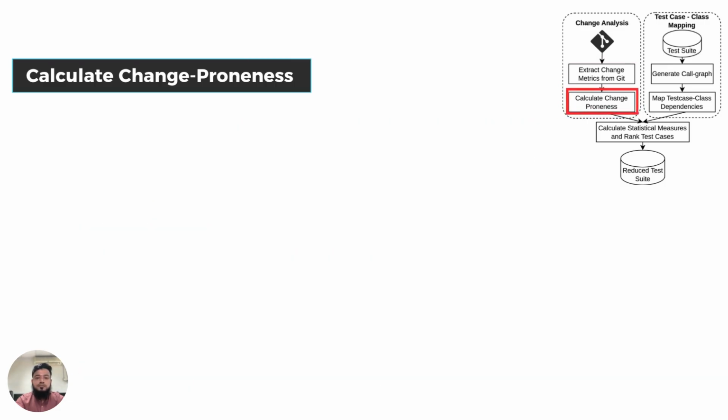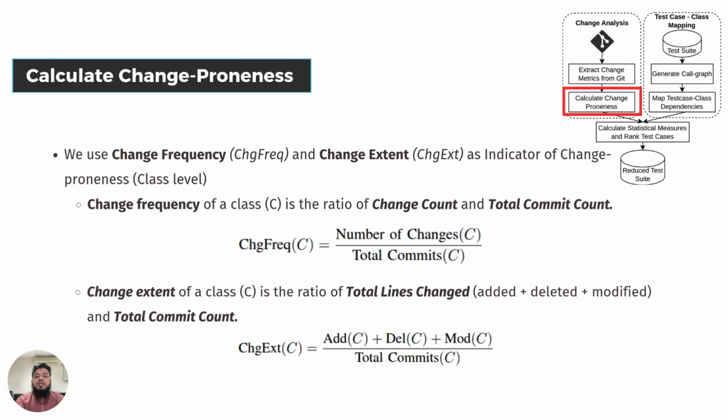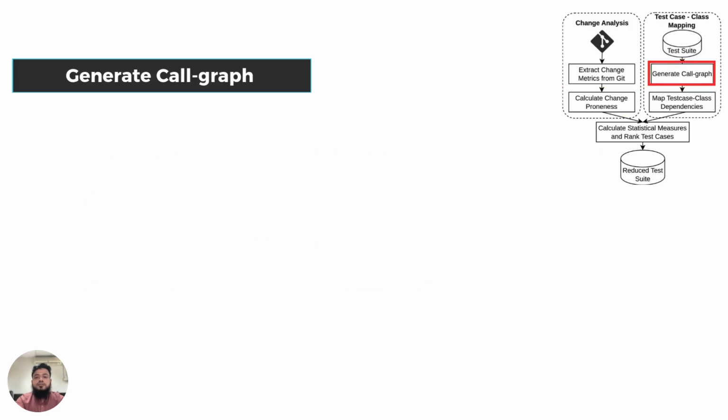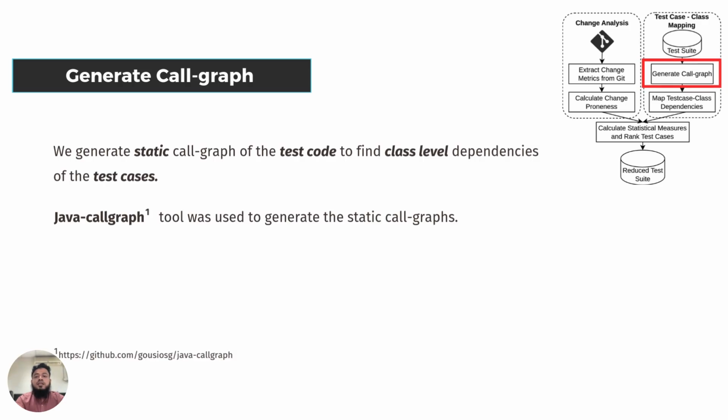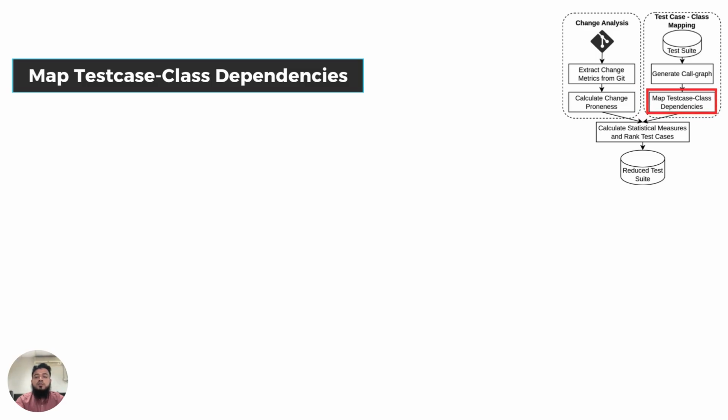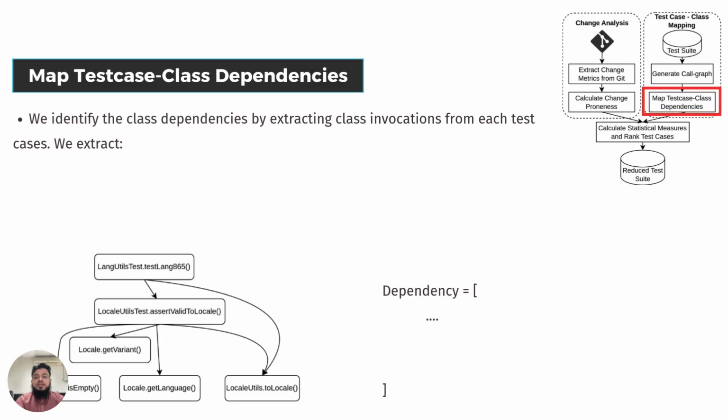current version. Then we calculate the change proneness in two measures, change frequency and change extent as shown in the equations. In order to understand the dependency of the test cases, we generate call graphs of the test code using Java call graph tool. In order to map the test case class dependencies, we identify the class invocations from each